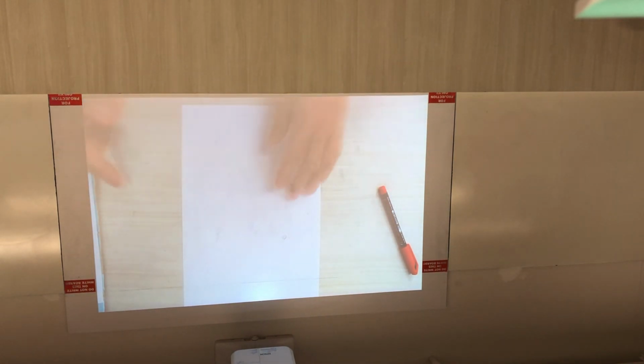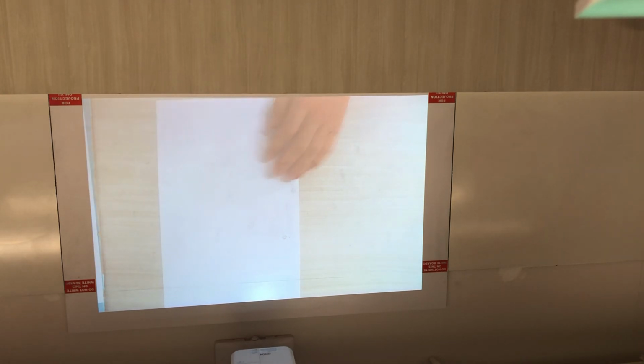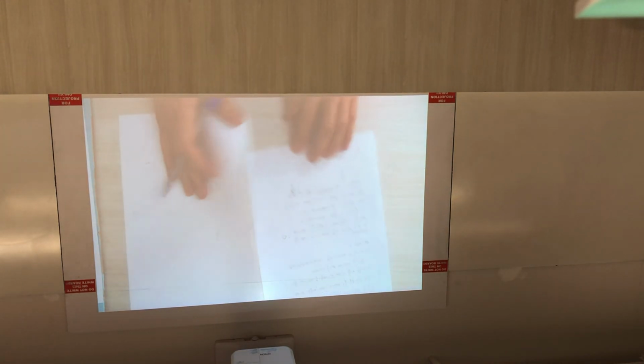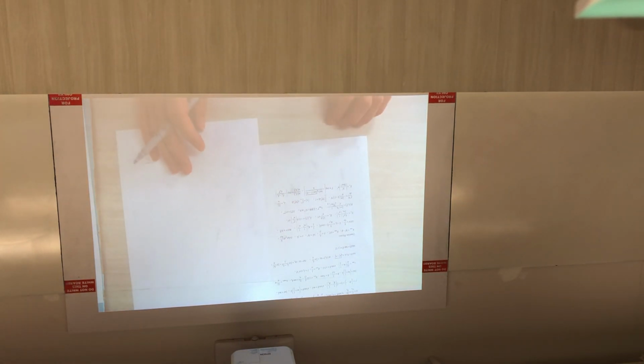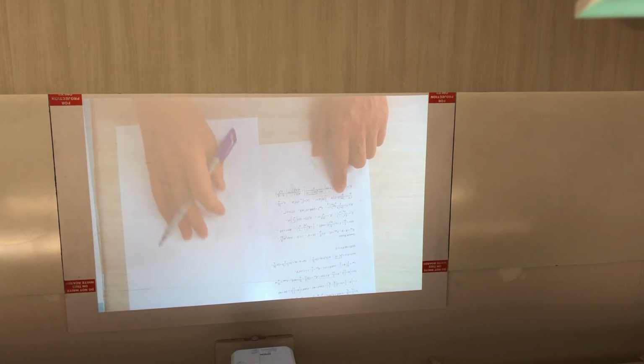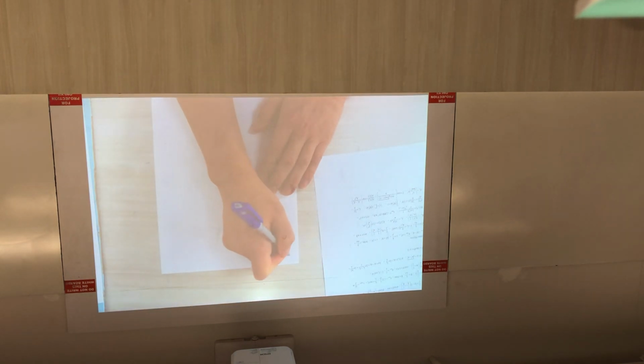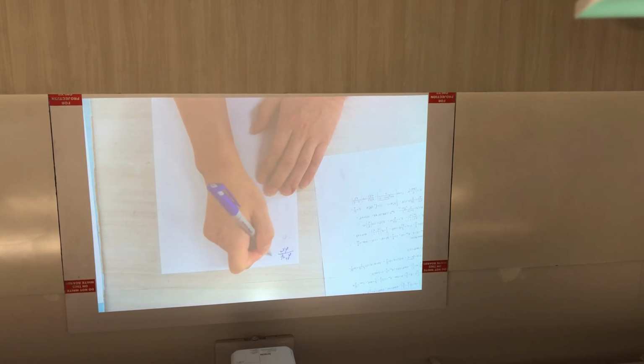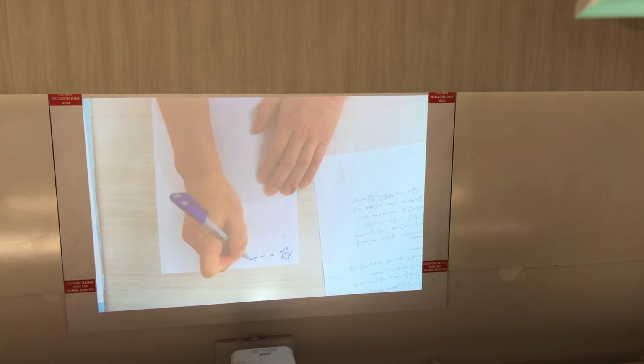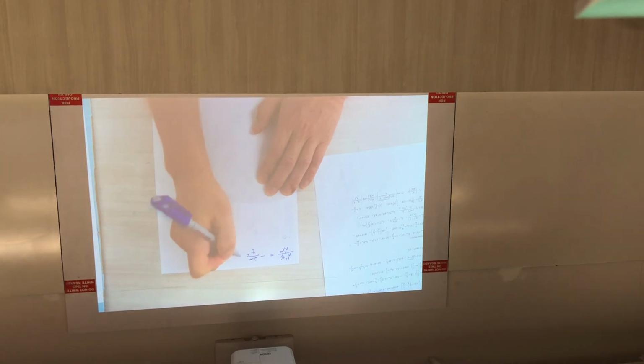If I look at this list of formulas, the Schrödinger equation is given here. So I'm just going to copy this Schrödinger equation onto the paper. d squared psi over dx squared equals minus 2m over h-bar squared